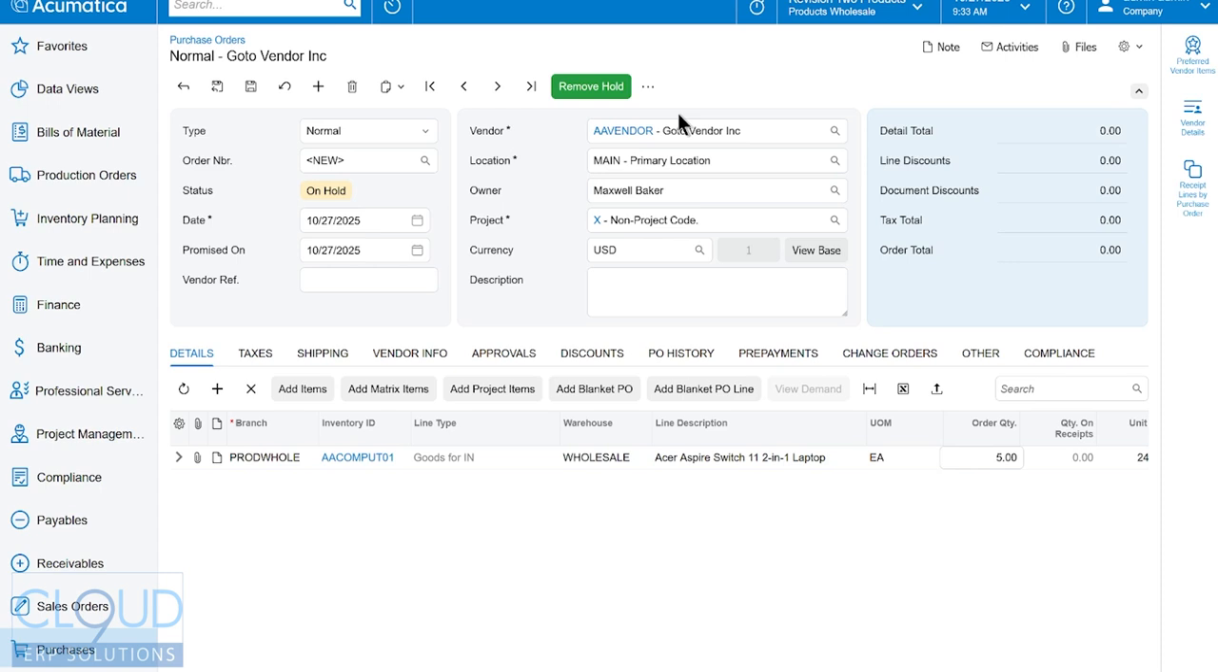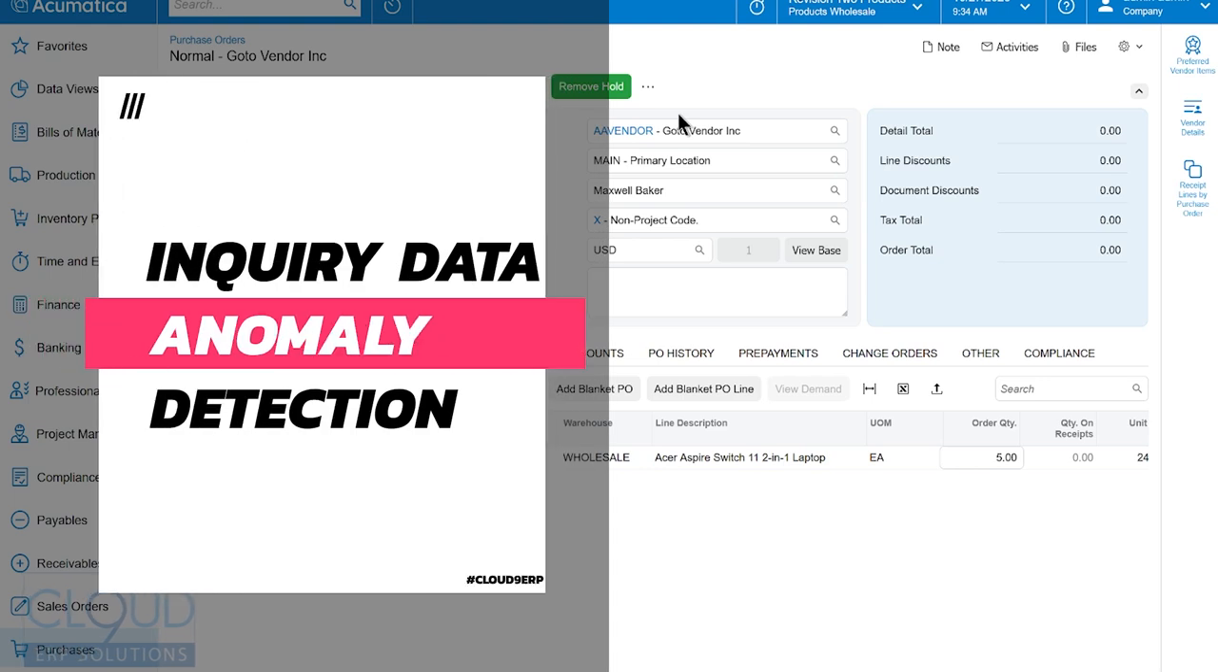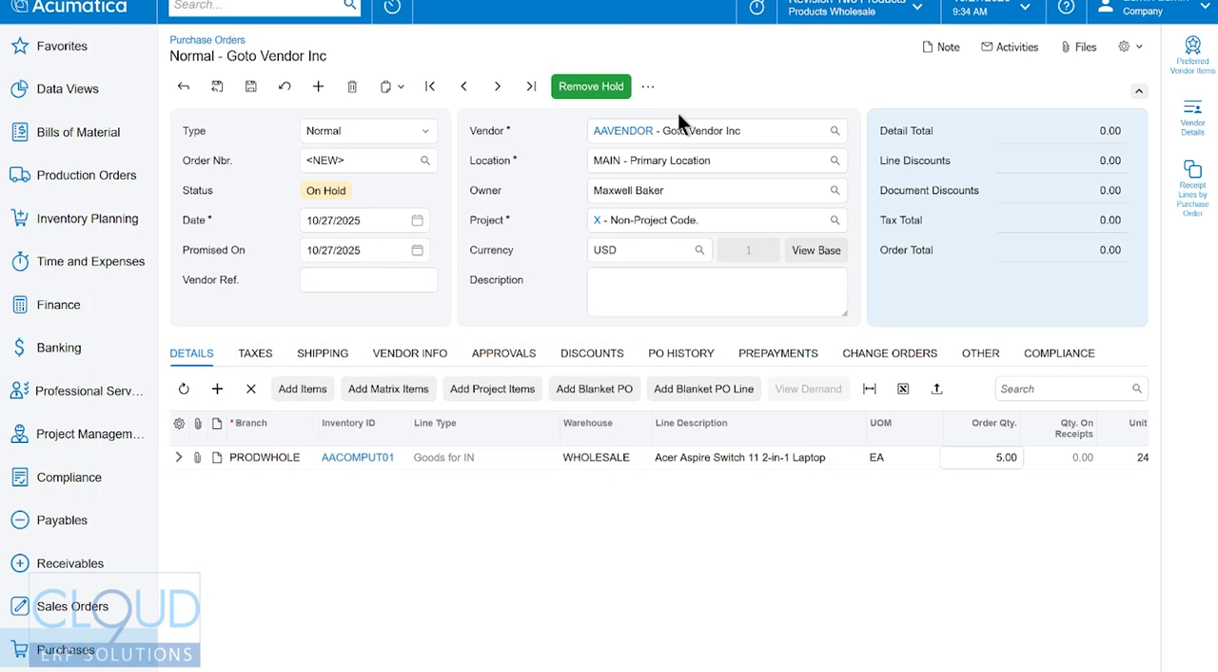Imagine as a manager and owner, you have a product that for whatever reason you pay too much for, or at least you paid a much different amount than you normally pay for it. So in Acumatica, we have anomaly detection, and that gives us the ability to detect anything that's out of the